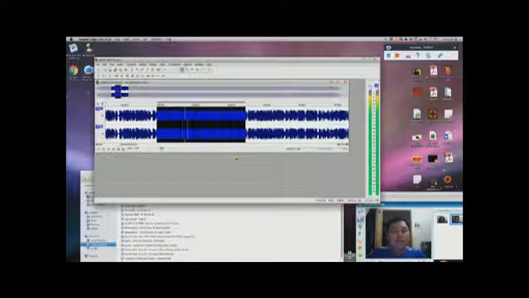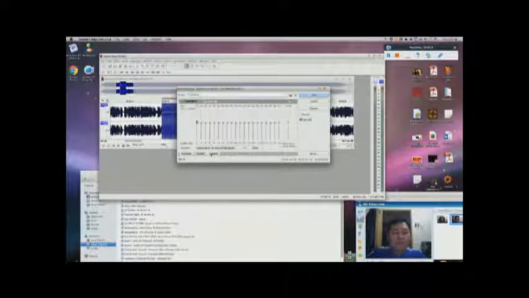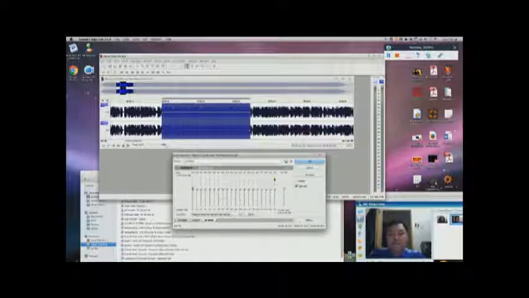Give me some time. Under graphic, there's an envelope, 10 band and 20 band. For a professional audio editor, they will choose the envelope one. For someone like me, I will choose 10 band or 20 band. So it's much better, because we can specify which frequency we want to enhance. I'm going to enhance 15K, but before that, let's play this audio section